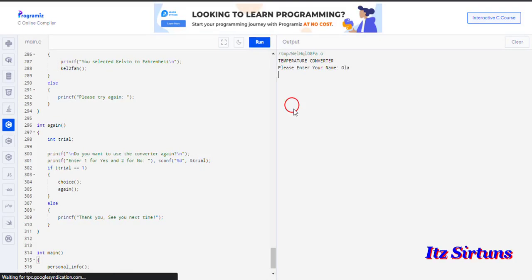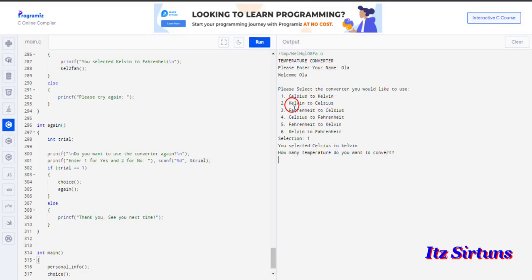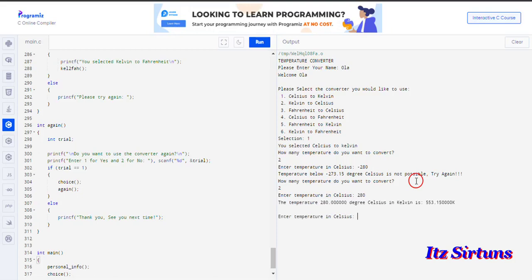Okay, so we go Celsius to Kelvin. Let's say we have 2. It's asking us, so we put minus 280. Now it says temperature below minus 273.15 degrees Celsius is not possible. Try again. Okay, it's asking how many temperatures I want to convert. Say 2. Say that was an error and this is 280. So it says the temperature 280 degrees Celsius in Kelvin is